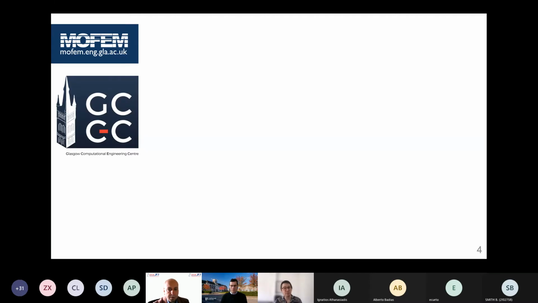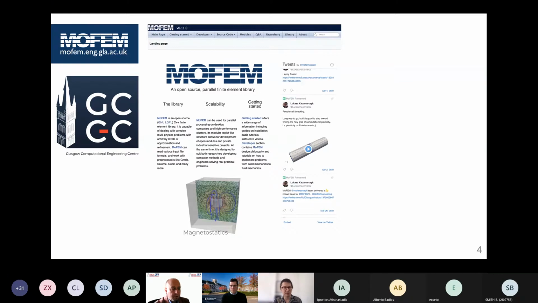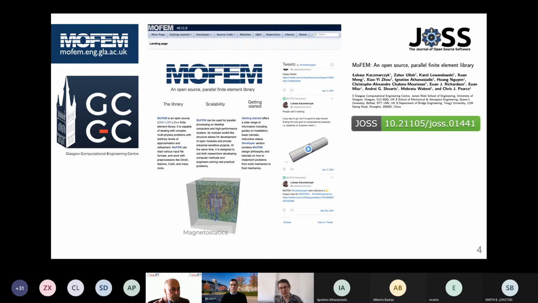So we created MoFEM initially in the Glasgow Computational Engineering Center. You can go to the MoFEM webpage, mofem.eng.gla.ac.uk, to see how it looks. You will find there are tutorials. Some of those tutorials, which are on the webpage in the development section, will be described later on. You can read about MoFEM in the JOSS journal, and MoFEM is supplemented by a set of different toolkits, which we call user modules,